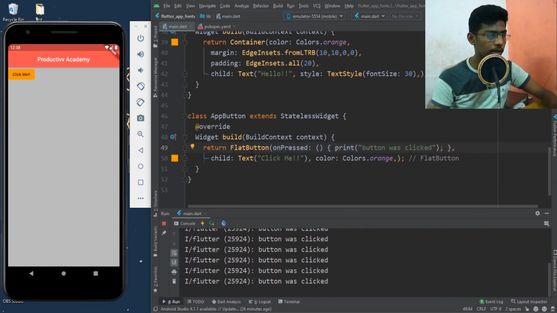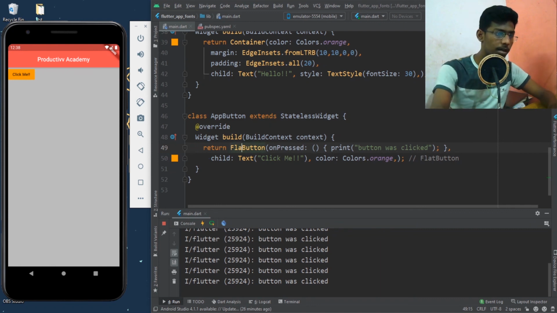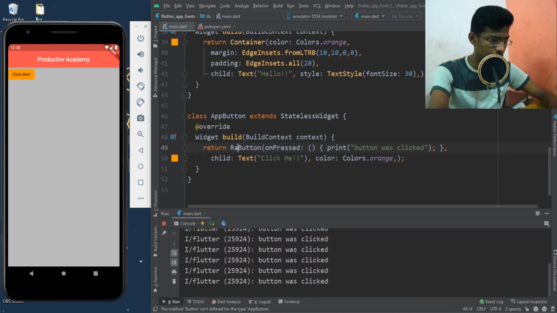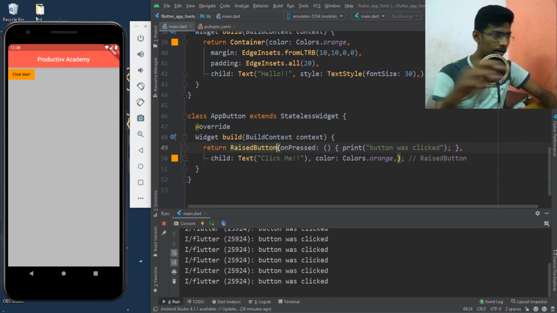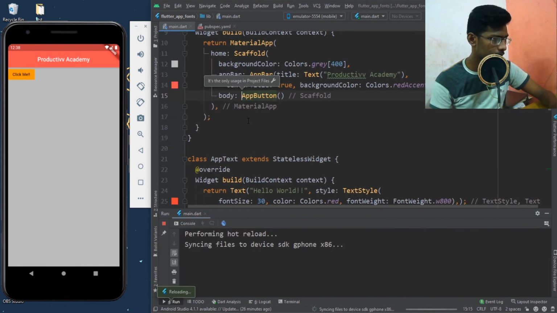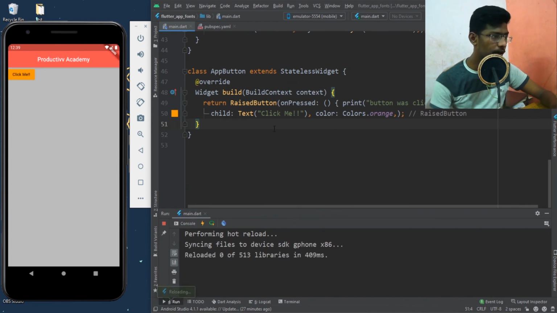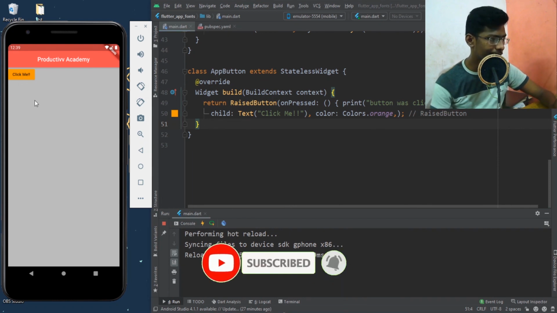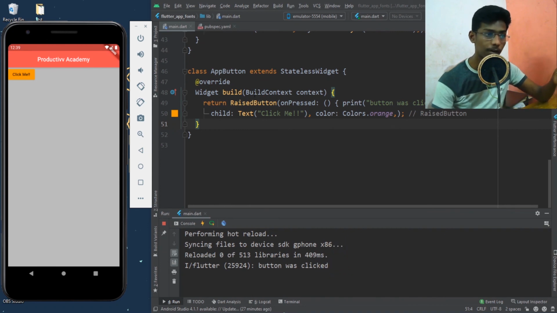And there are many types of buttons. I gave a FlatButton, this is what you call a flat button. And there is something called a RaisedButton. What is a raised button? The spelling is RaisedButton. A raised button gives a shadow beyond the button, so there will be a little bit of shadow below your button. If I save this now, and yeah, now it's loaded, whenever I click this button, there will be a shadow appearing beyond this button. Let me click this and you can see there is a shadow appearing beyond this button. So that is what you call a raised button.